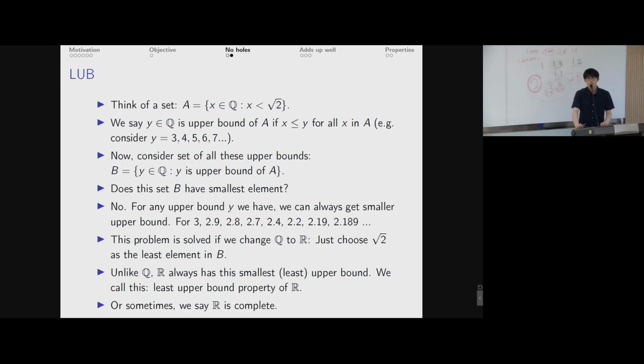And in the rational numbers, you can already see intuitively, because root 2 is not a rational number, that there is no smallest element. You can get as small as you like, but you're not going to get the smallest element for the set B, at least if you're talking about rational numbers. This problem is solved if you change the Q to R. Because that's very easy: if you think about not rational numbers, but real numbers, just choose root 2 as the least element of B. You can see that root 2 is going to be the smallest element that is an upper bound. So you can kind of see, because